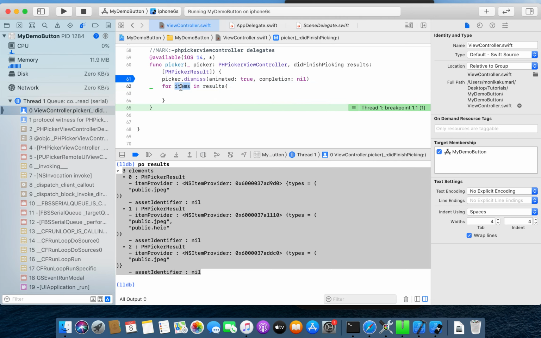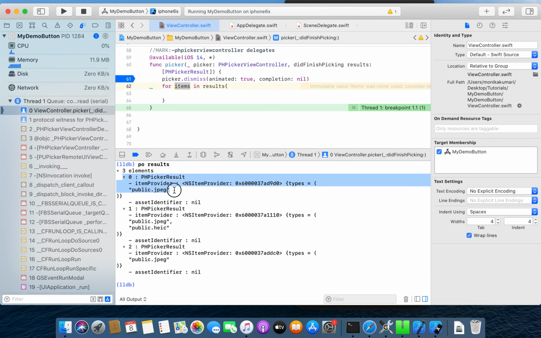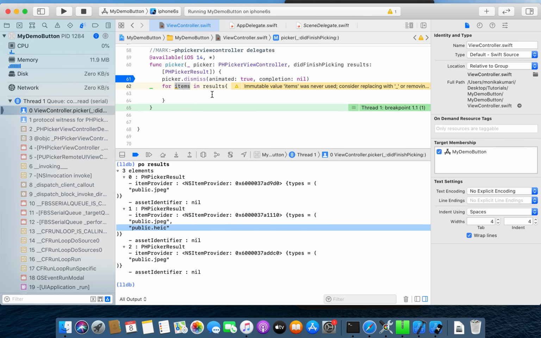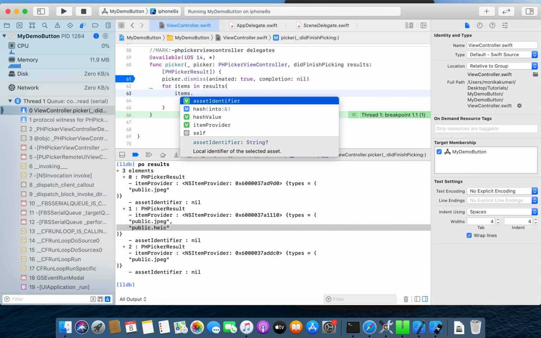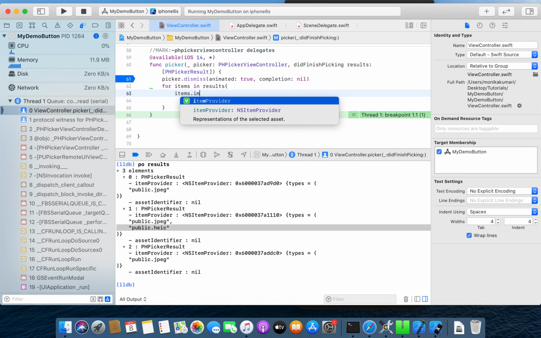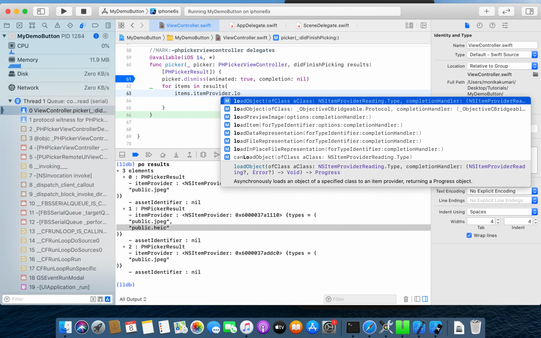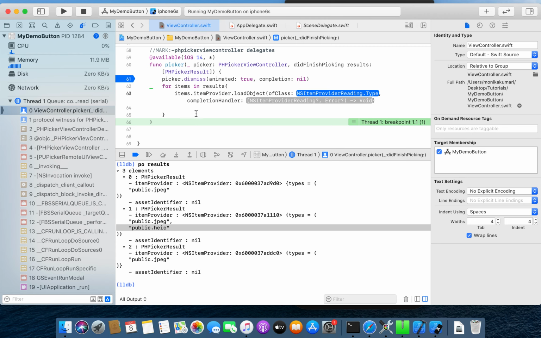For item will be each item, 1, 2 and 3, inside this result, and I will get the items over here, and inside the item I will write item.itemProvider.loadObject. So you have the autocomplete for this code.